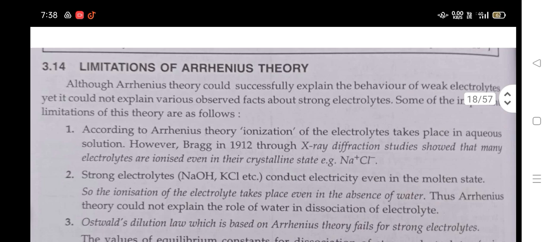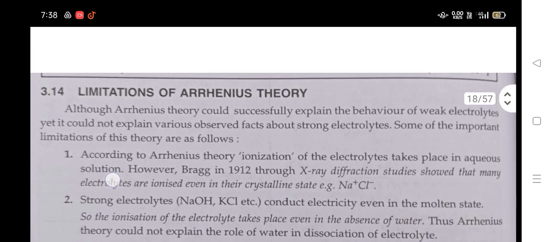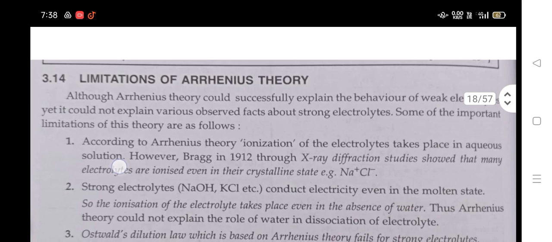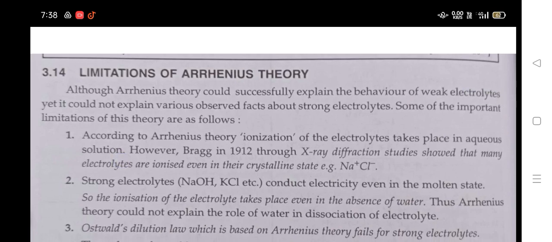Limitation of Arrhenius theory. Although Arrhenius theory could successfully explain the behavior of weak electrolytes, yet it could not explain various observed facts about strong electrolytes. Some of the important limitations of this theory are as follows. First, according to Arrhenius theory, ionization of the electrolytes takes place in aqueous solution. However, Bragg in 1912, through X-ray diffraction studies, showed that many electrolytes are ionized even in their crystalline state, example